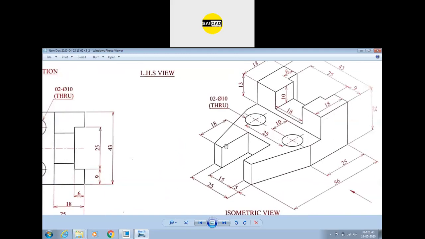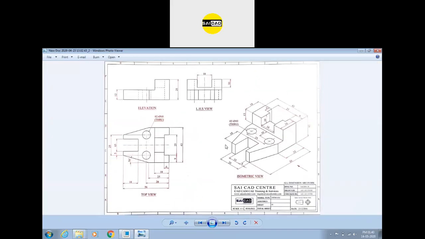If you look at the isometric view, you can see the shape. We can create the base shape first. This one is the base shape completely, and we can create that shape and extrude up to this point. After that we can create another shape on the back view or the front view, and extrude. So we can create it in two or three features, or we can apply multiple features also. But we need to minimize the features, so we need to check the possibility.